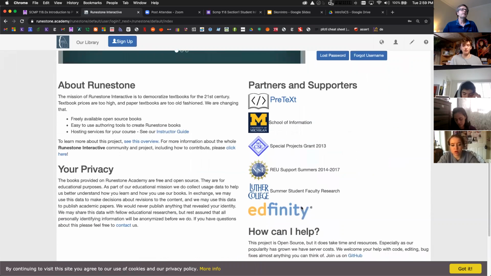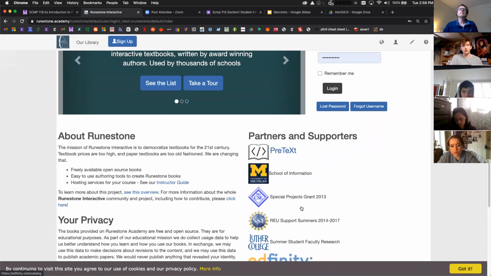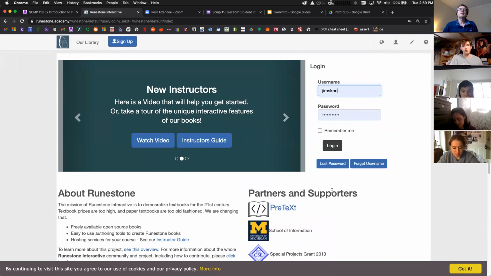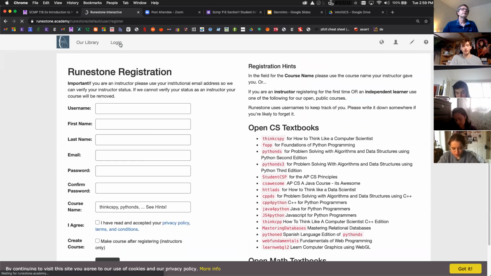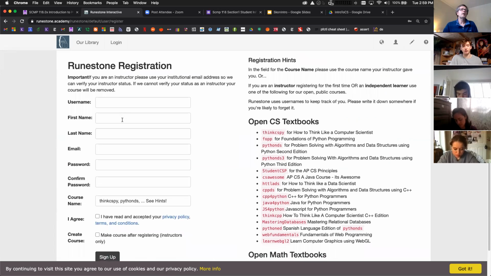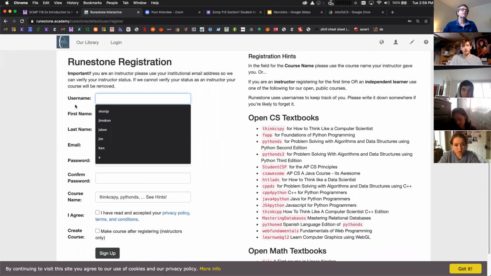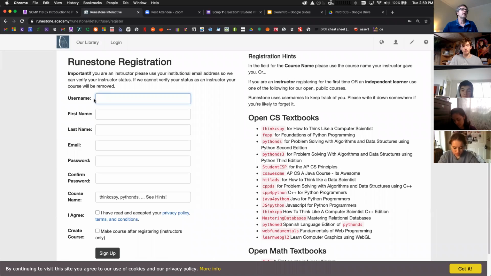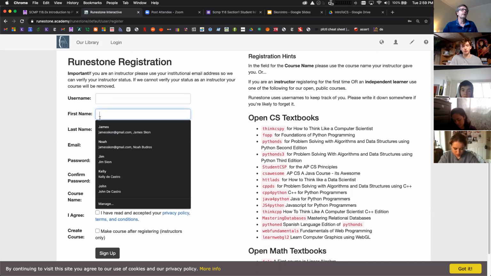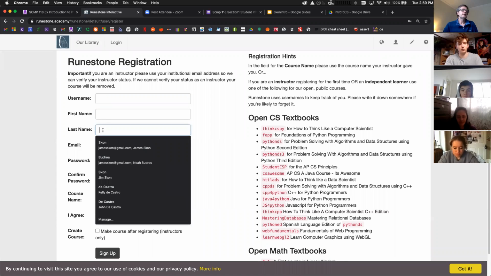Then what you can do is sign up. When you sign up, you make up a username, something reasonable, not something crazy, because I want to be able to know who you are, something that has your name in it.